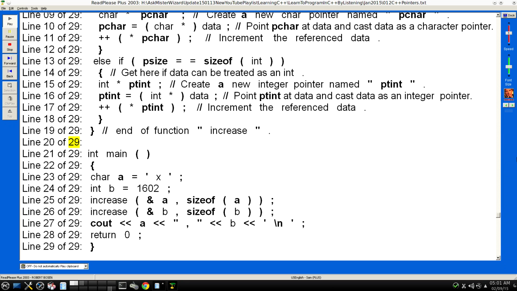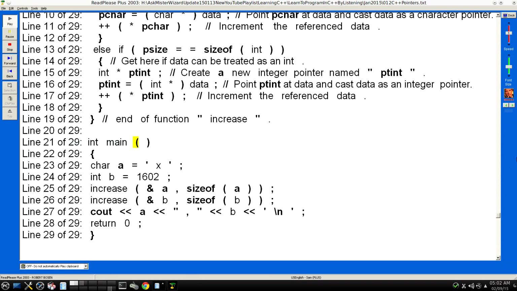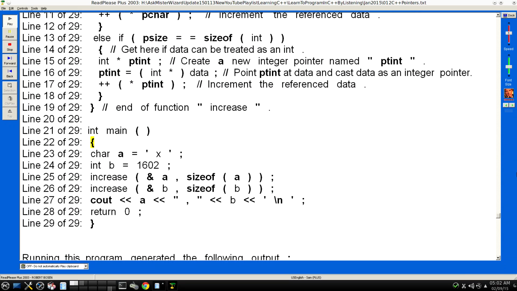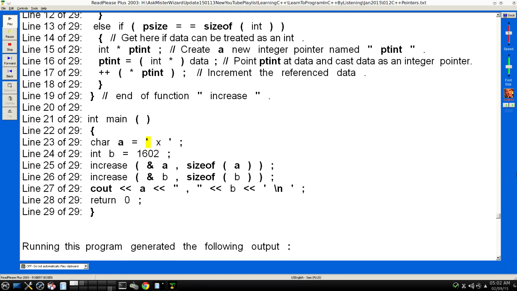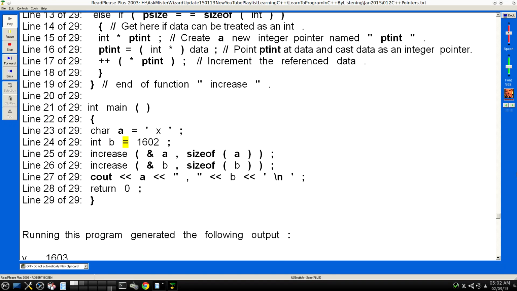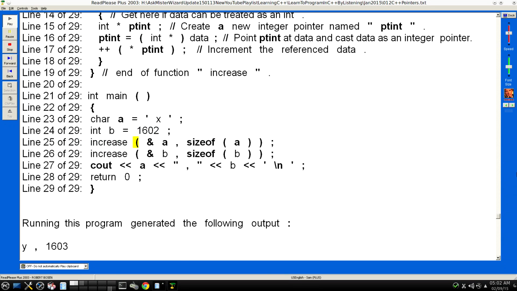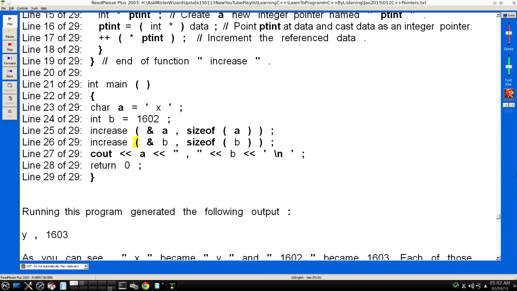Line 20 of 29. Line 21 of 29, int main(). Line 22 of 29, open curly brace. Line 23 of 29, char a = 'x'; Line 24 of 29, int b = 1602; Line 25 of 29, increase(&a, sizeof(a)). Line 26 of 29, increase(&b, sizeof(b));